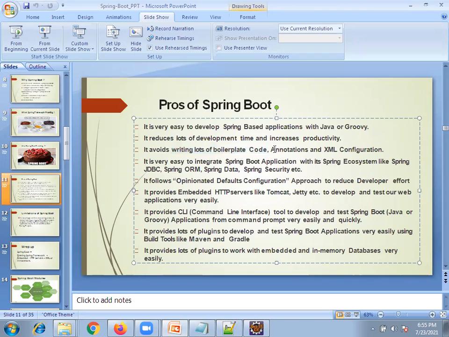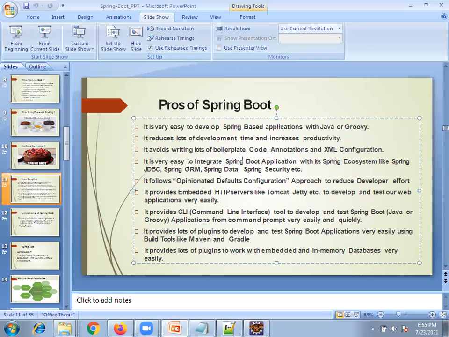Now we don't want to write anything. We just call a repository method and it does the save and update, everything will happen. Otherwise everything would be annotation and XML configuration. So we avoid even a lot of annotations and XML configuration. We are completely avoiding XML configuration here, so we need not write any XML. Directly, predefined annotations are there that we use in Spring Boot.